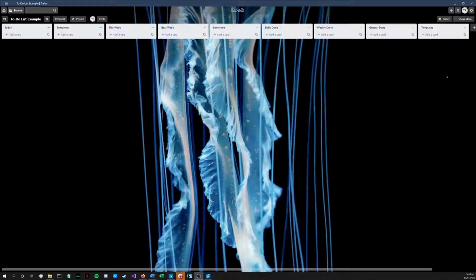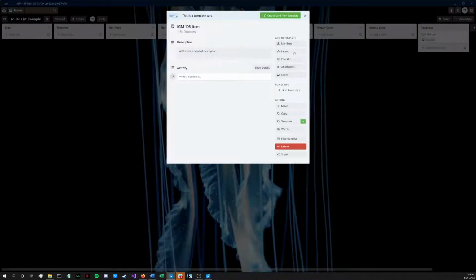Finally, I have a templates list. I like to create templates and labels for each class that I'm enrolled in, and then I like to keep a personal label as well for anything outside of school. So if I were a freshman right now, I would probably create an IGM 105 card that looks like this, and then I would add a label